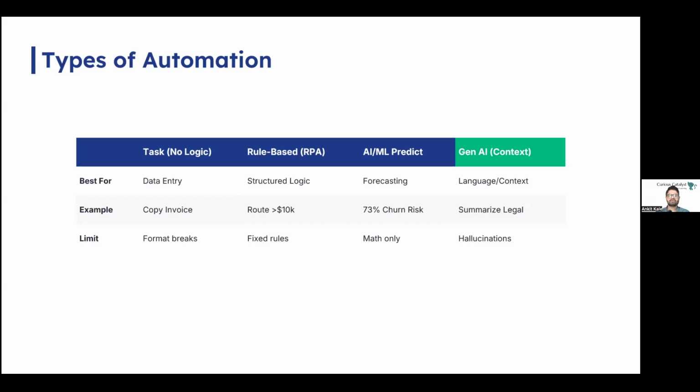Today, we will be focusing on GenAI automation because it handles what your rules cannot, the messiness of real business language. But I want you to understand it is not replacing your RPA, it is extending it. So wherever we are okay with context, but not exact figures, that is when Gen AI automation can come to the rescue. I hope everyone is clear about the different types of automation I have just mentioned.